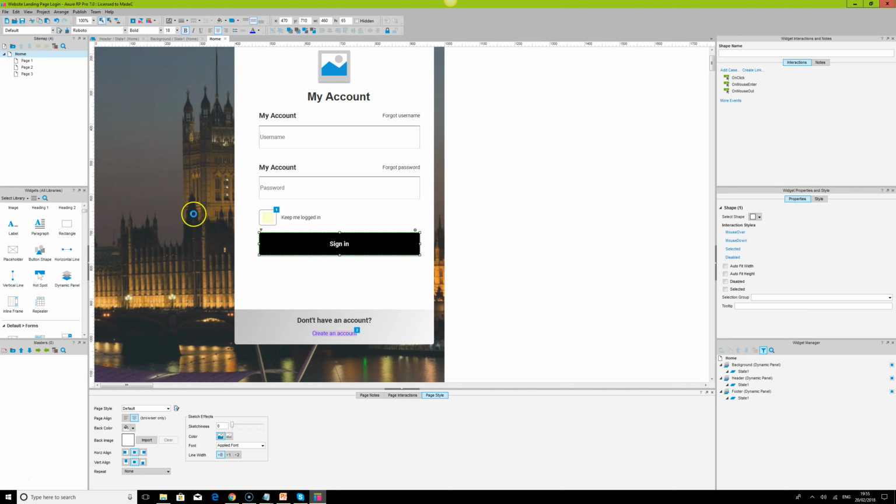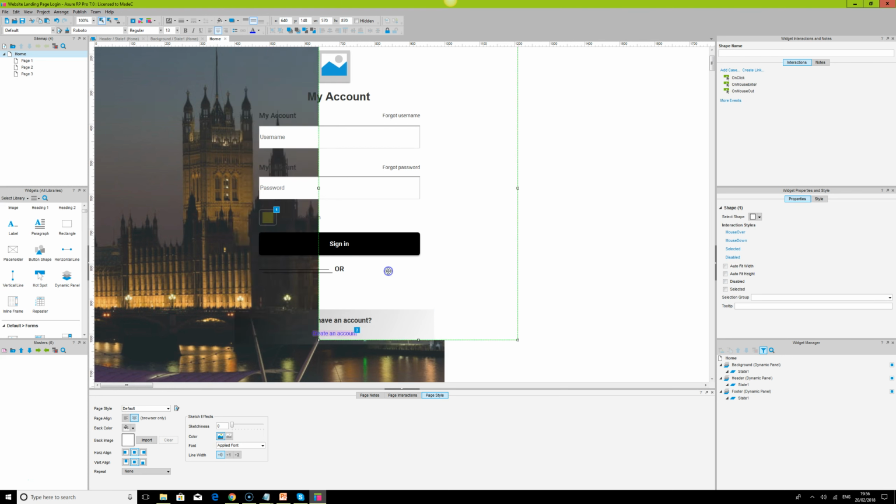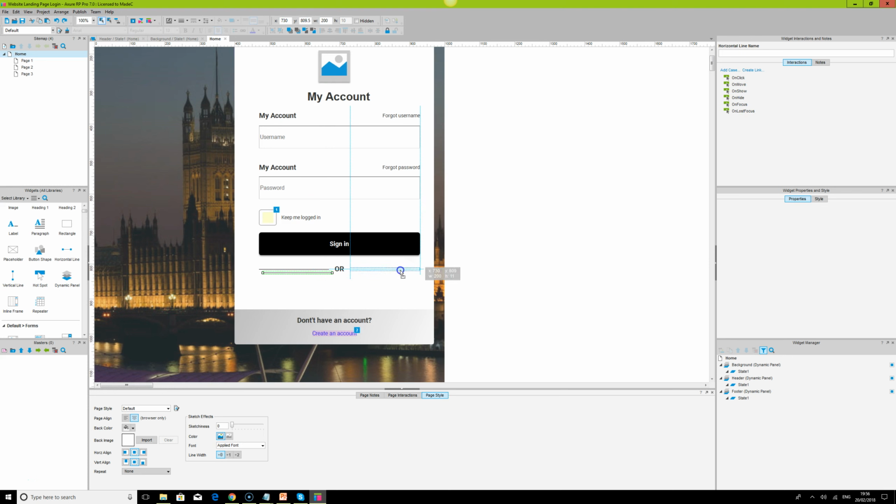The next thing we need to do, we need to add our Facebook login option. So I'm just going to add a horizontal line, and I will add a text which I will say or. So we are asking the user, either you have a Facebook account or you create another account yourself or you log in with Facebook. So I'll make this like this, and we can align everything together, group that,